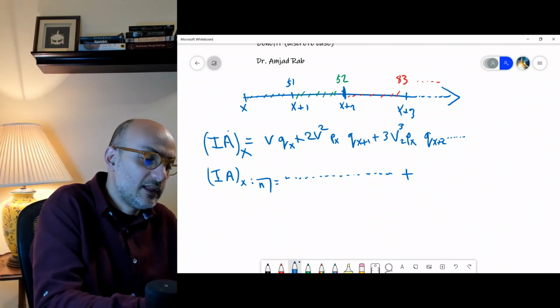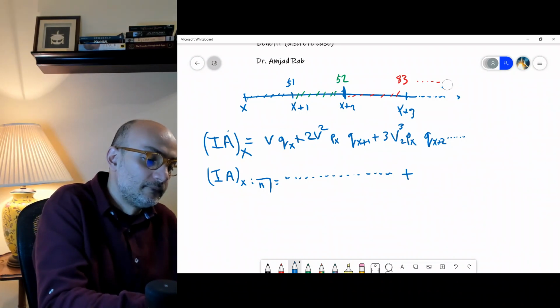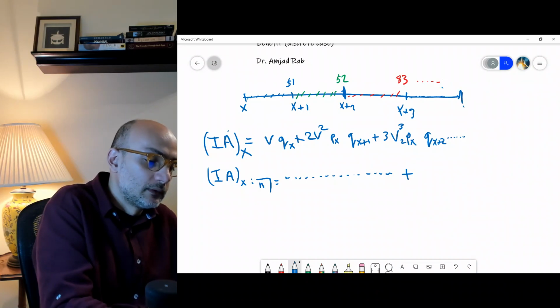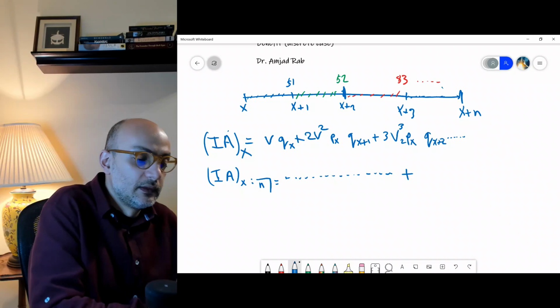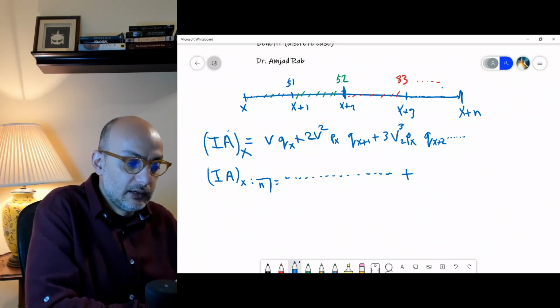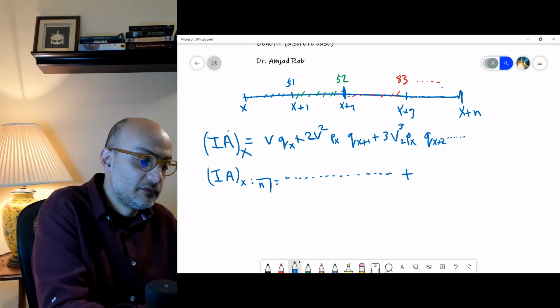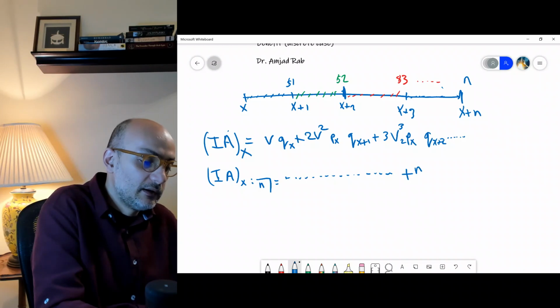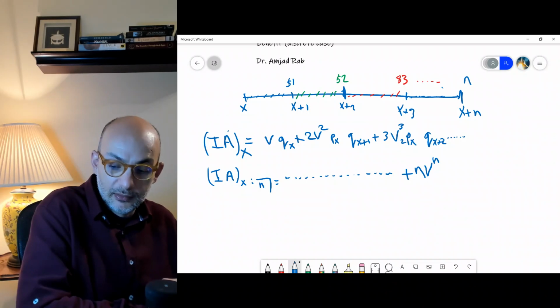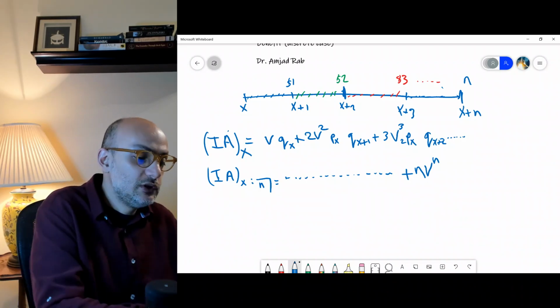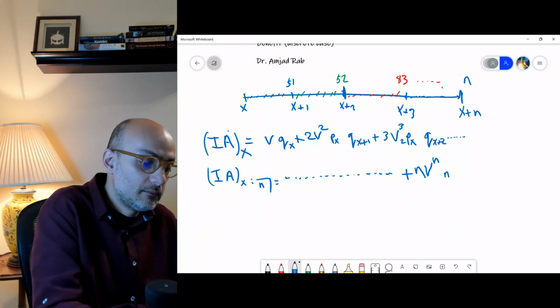So let's now look at time n, at x plus n. At x plus n, you would have, like here, the value. If you look at it, the value here will be n. So we need to have n, the last one. Now you discount it back to n v^n, right? It's very important. Now you need to survive to here, which is n minus 1, p_x, and then death occurs in